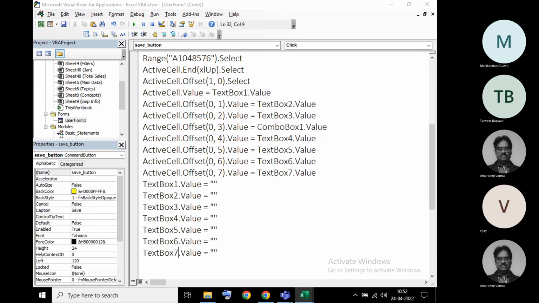We'll clear the combo box also. So that will be combo box 1 dot value equals